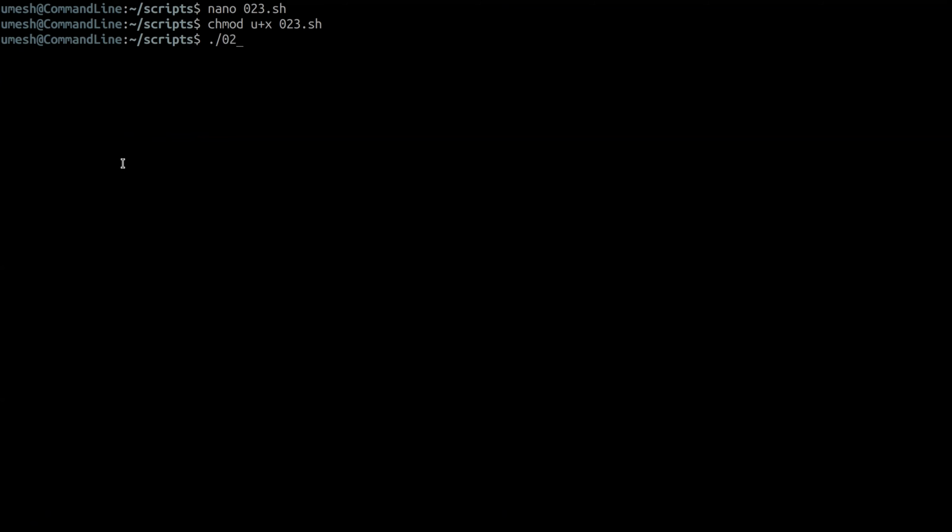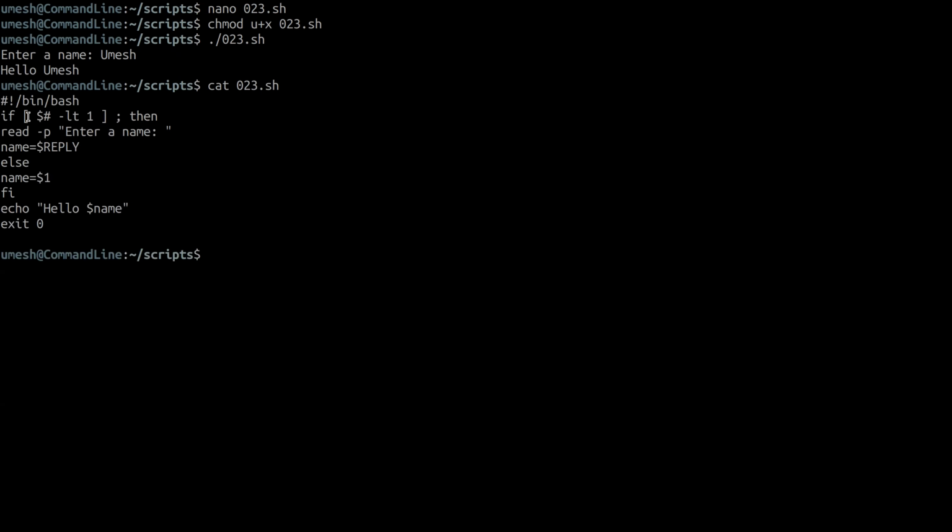So let's run without the argument. It asks us to enter a name because the first condition satisfied. Hello, and the name. Let's simply read that first. So this condition satisfied. Now we are going to enter an argument. So this will fail. And that argument will be supplied and stored in the name variable and simply print that name. So in this case, $1 represents the first argument, John, and printed that variable here.